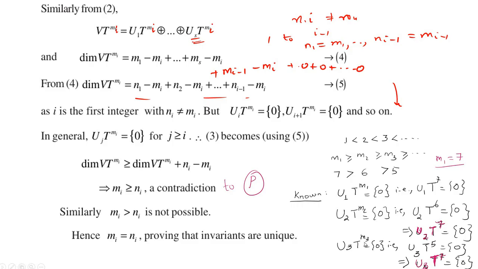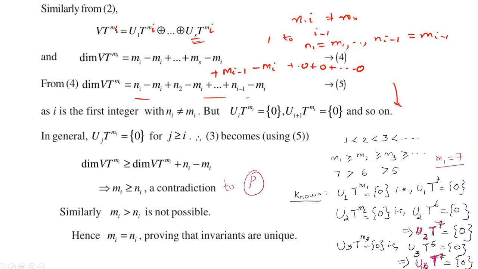And in the same way, U3 T power M3 is singleton 0 because U3 is cyclic with respect to T and subdimension M3. So U3 T power 5, here M3 is 5. So U3 T power 5 is singleton 0. When U3 T power 5 itself is 0, U3 T power 7 should be singleton 0. So we have, when we consider this,